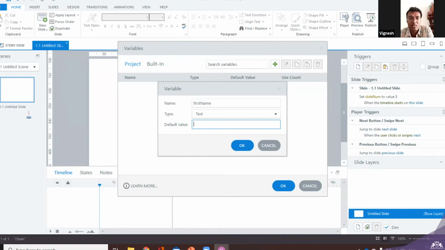Whatever Vignesh has knowledge of, this is something like in a programming language, wherever you are defining any variable, you have to initialize it or give some name to the variable. But in Articulate Storyline, it's not necessary that you give some value. If you are leaving it blank, it's 100% fine. So the way Gaurav and Sumaya told, it's fine, the default value can be blank. Okay, so hope I have cleared all of your doubts.